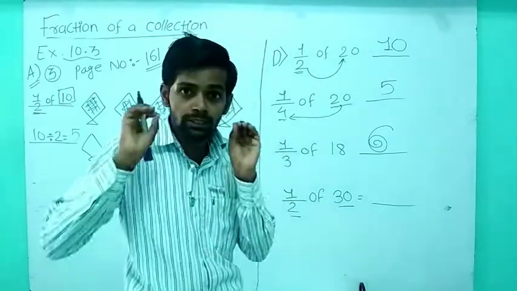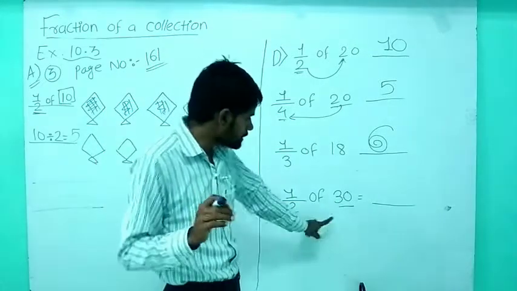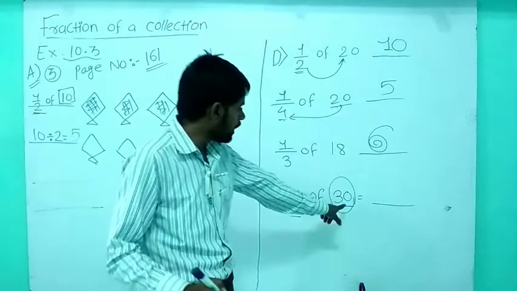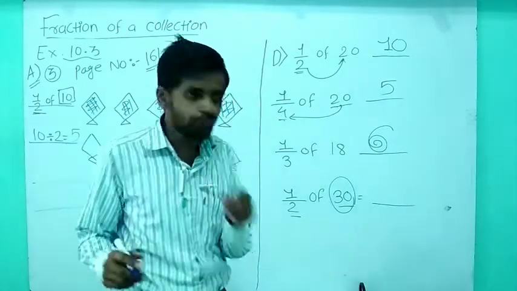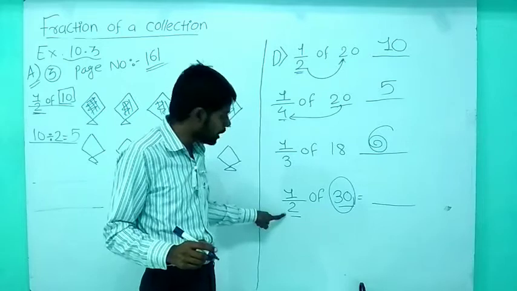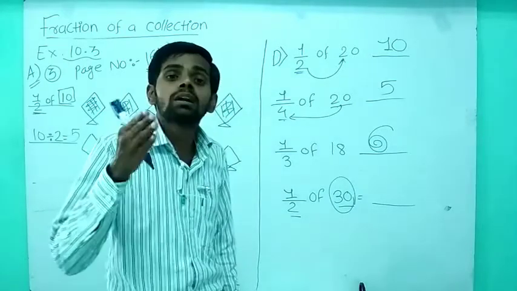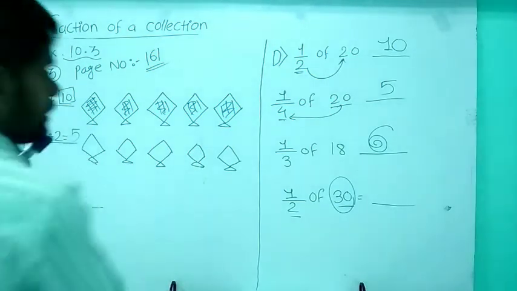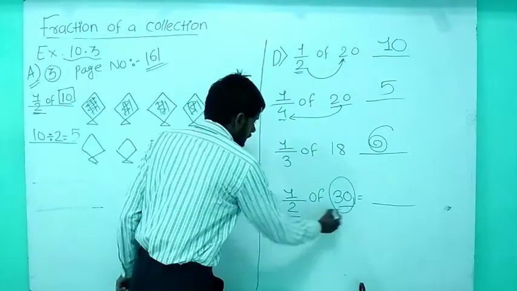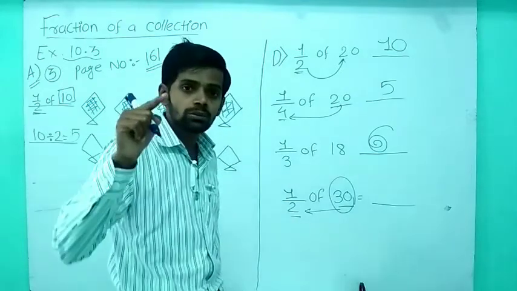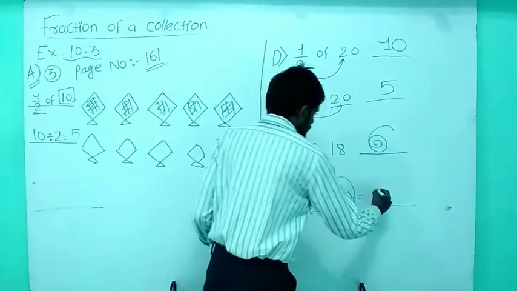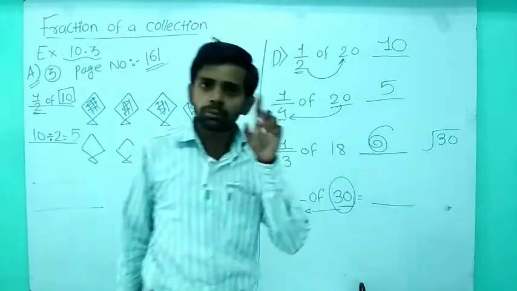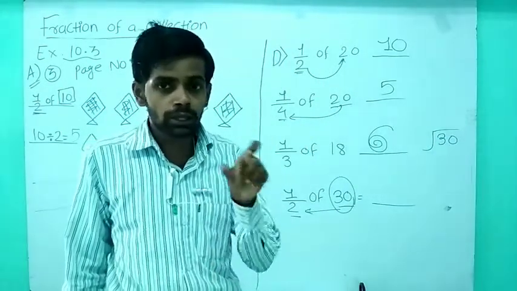It is very, very simple. If there is a question like this, we have to divide this 30, half of 30. What is the half? 1 by 2, and the denominator always tells us the number of parts, that is the total number of parts. So what we will do, we will divide the 30 by 2. So do it here. If you don't know the multiplication table,